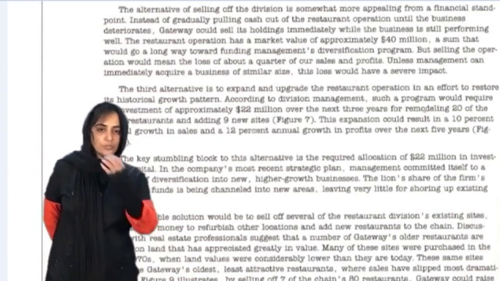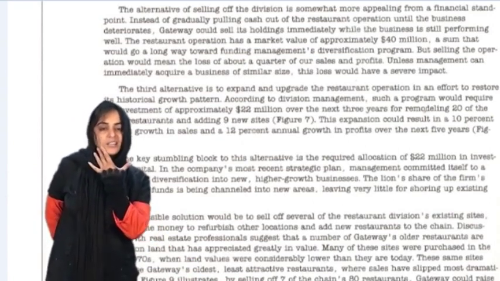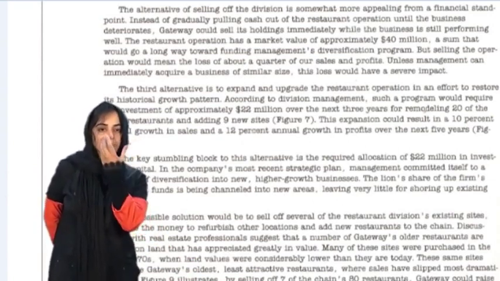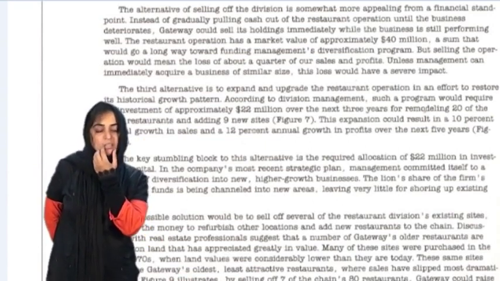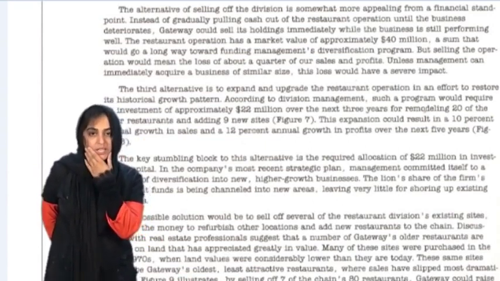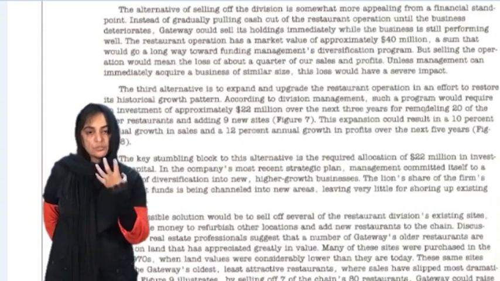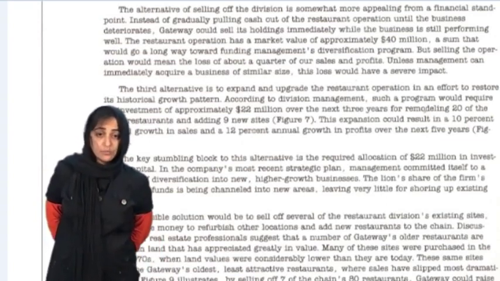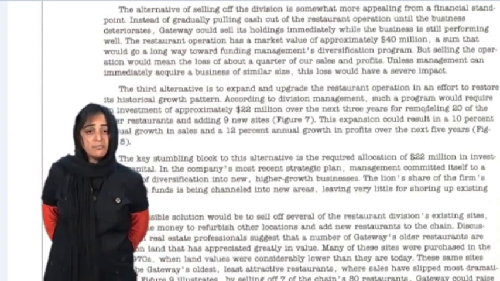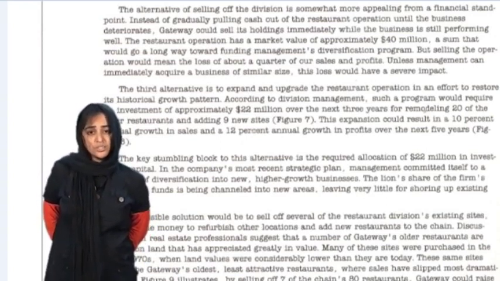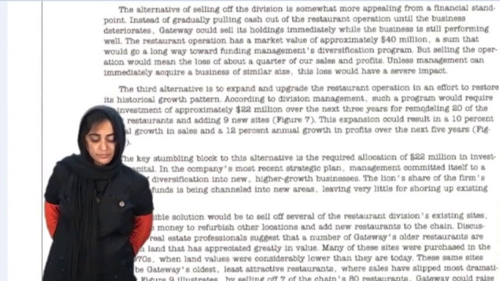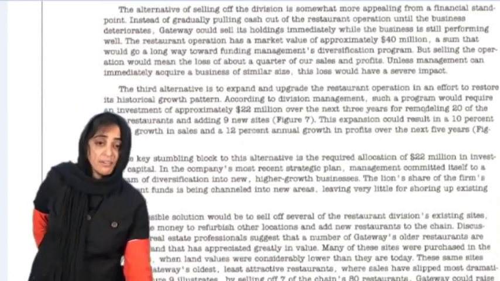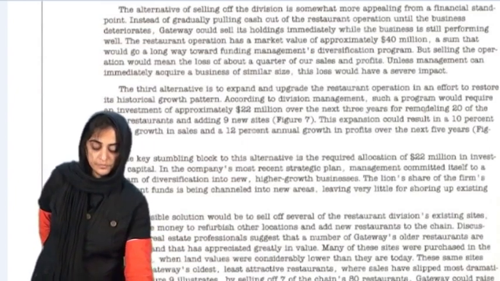Now he was having the second option given by the management, okay, we can sell this business off totally. He says fine, at the moment this business is profitable, if we sell it off it will be giving us a good amount of money, but still it will be having a very negative impact if we are not having an equally strong business existing with us already. So he nullifies the second option as well.